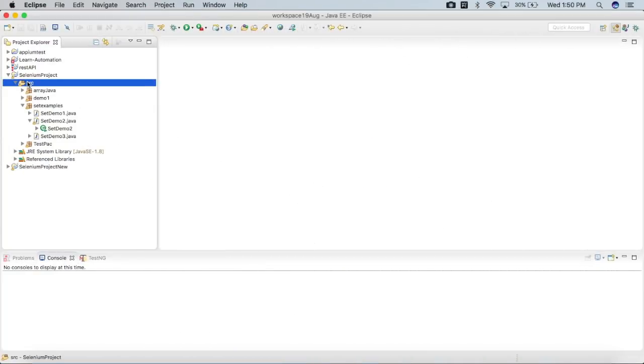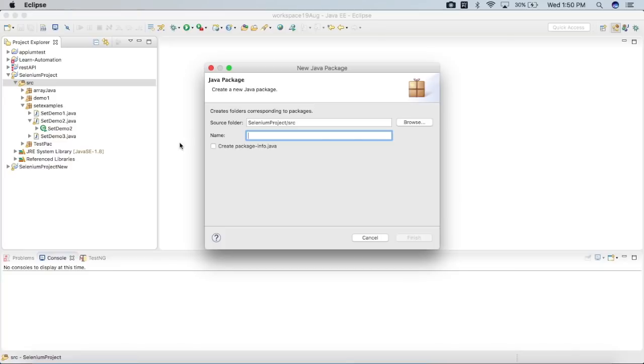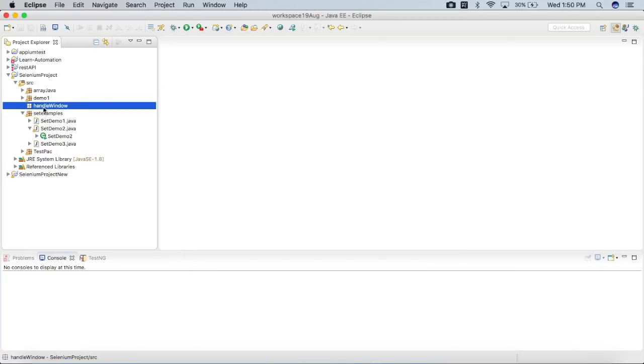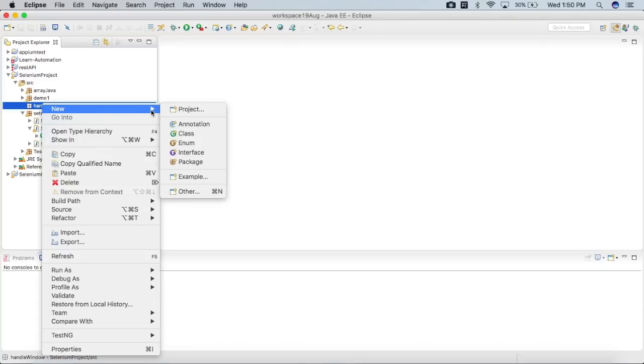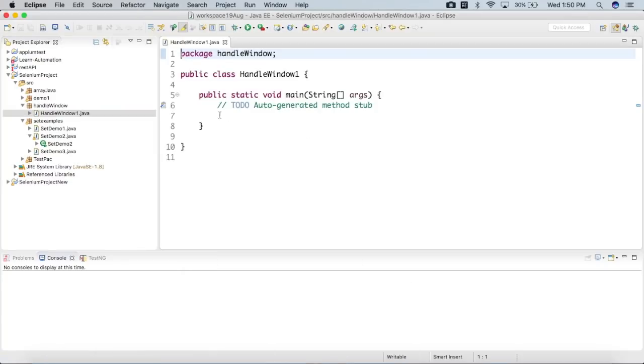Okay, so I will create a new package here, and this package name I will give handle window, and I will create a separate class here called handle window 1. I will take public static void main. If you are using TestNG or JUnit, you can take